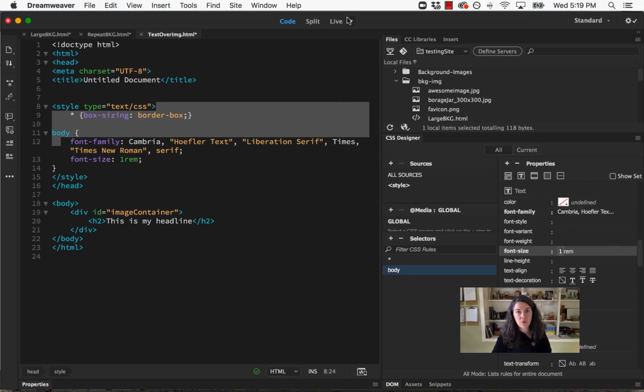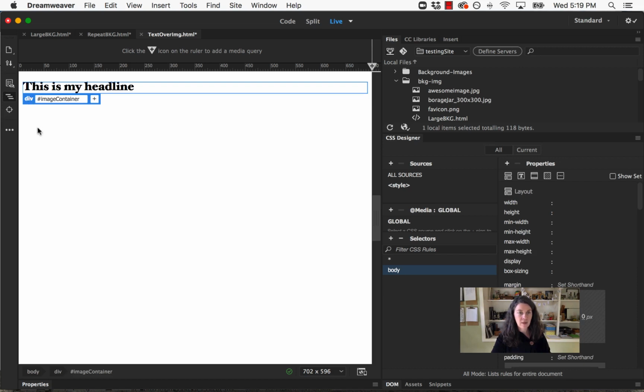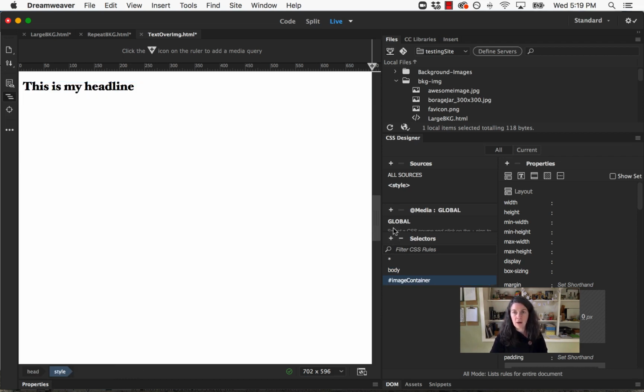Now the next thing that I want to work with, let me get back into my live view so that you can see it. There's my text and here's my image container. I'm going to select on my text as a way for me to activate the div called image container, which I can then come over here to my CSS selectors and add a new rule for the image container. For the image container, I'm going to set a width that's going to be 300 pixels. And I'm also going to have a height, which is also going to be 300 pixels. So I'm setting up a square, which is actually matched to the size of the background image that I processed